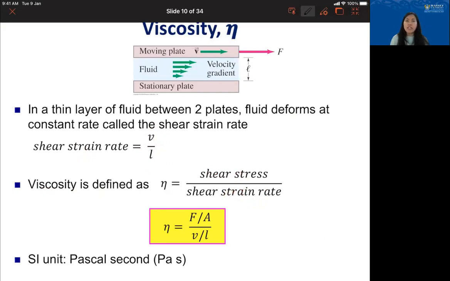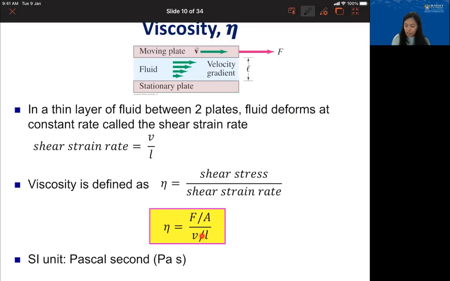So looking at analogies, Young's modulus describes how easily the solid object deforms. Okay? For fluids, it's viscosity that defines how easily the fluid deforms, and therefore how easily the fluid flows. And that is described by the shear stress divided by the shear strain. Stress is, of course, force divided by area, and strain is, as we've seen here, equal to velocity over length. Okay,